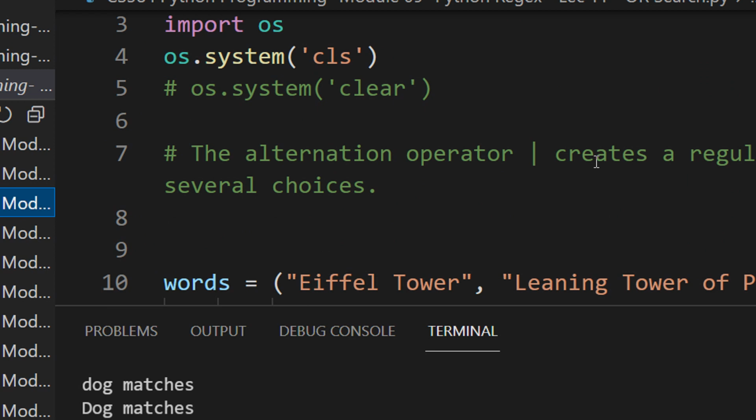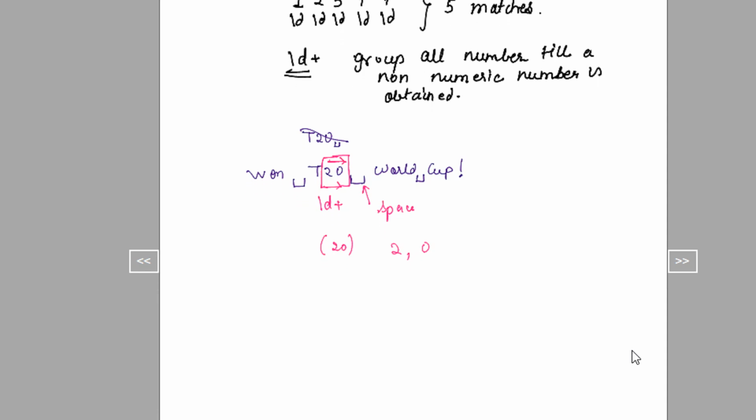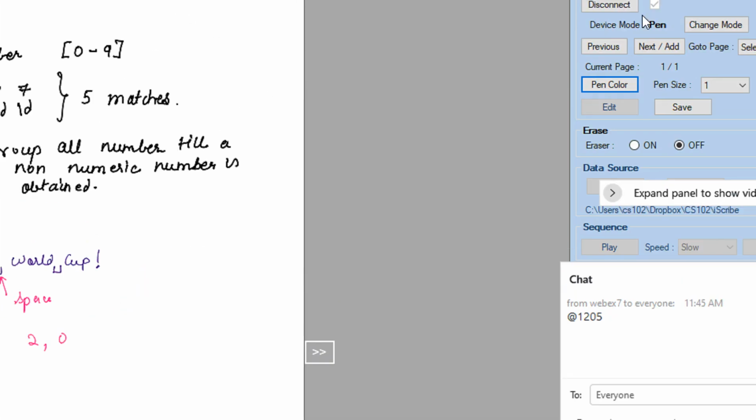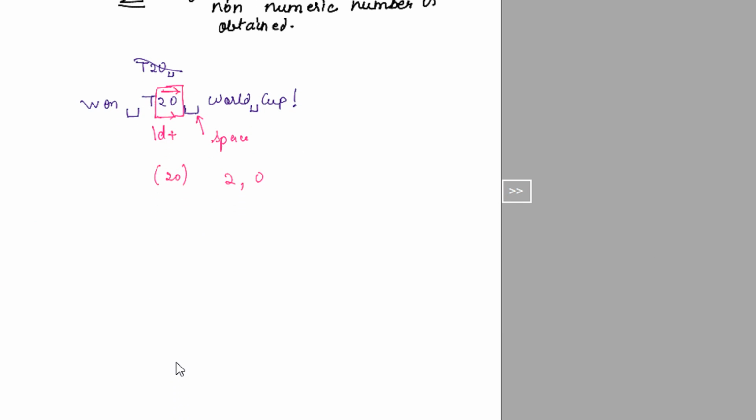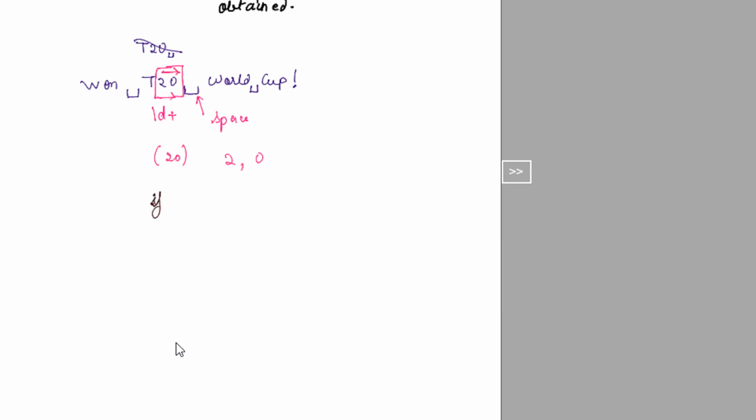Okay, so now we have an OR operator, right? So in C, you must have used this OR operator, right? So what was the usage of it? So let me have a pen color. In C, if you remember, if A or B, print value of A or B is present, right? So if you remember in C, this was the OR operator.